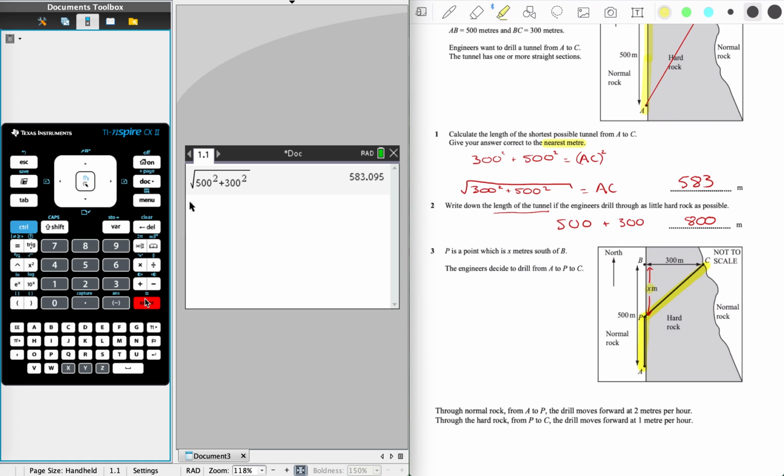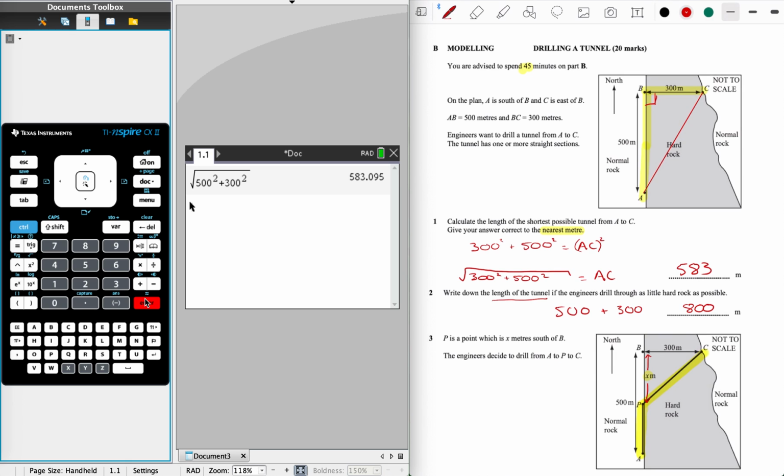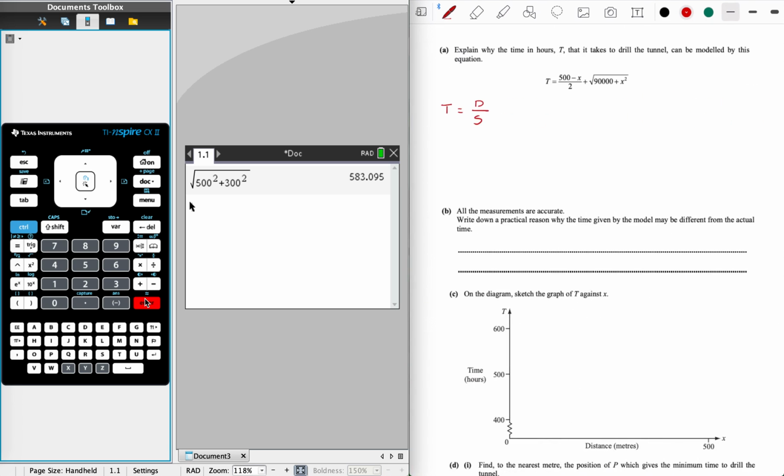Okay, so let's have a look at what's going on. Explain why the time it takes the drill to tunnel can be modelled by this equation. Well, let's just see if we can arrive at that equation. So we know that time, which is t, equals the distance divided by the speed, and that's what we're going to use. So I'm going to do it in two sections. Remember, my two sections were A to P and then P to C. So A to P, first of all,